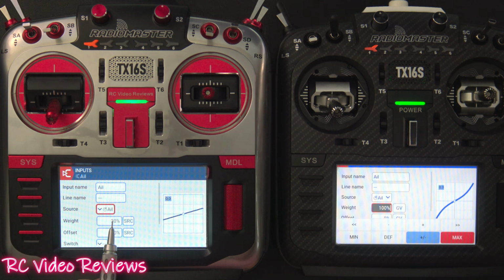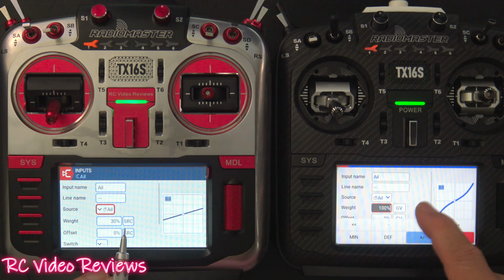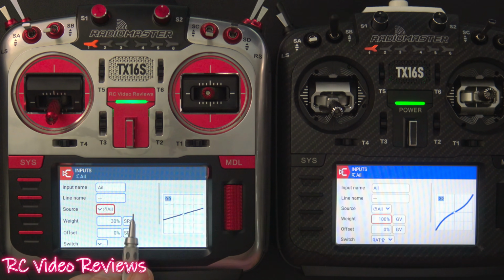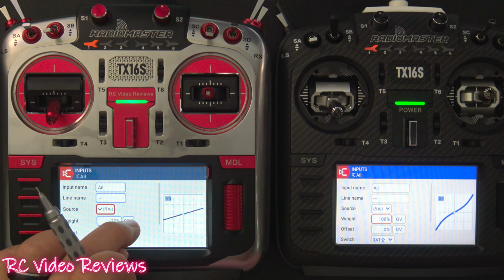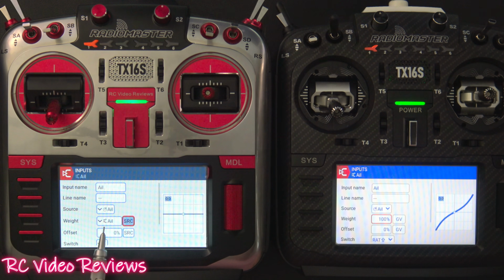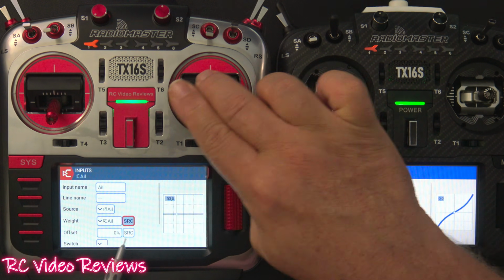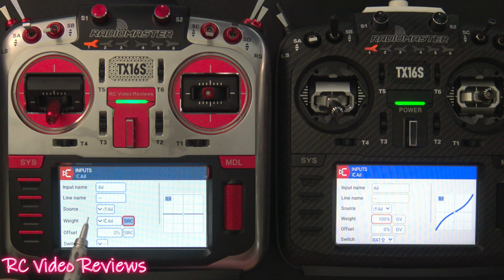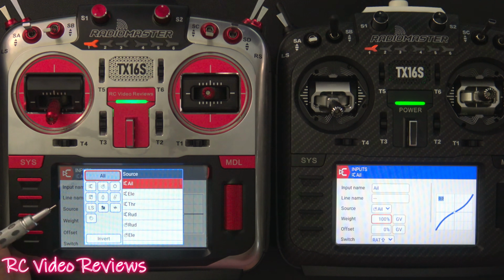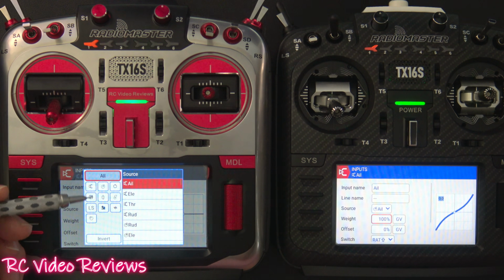Notice I have a weight of 30, and now the button has changed. It's no longer GV. It's now source. So if I click source, look at that. That's an input. Input to input? Isn't that kind of weird? Now, I don't know how that would work out, but input to input, weight is 100%. The input is the aileron itself. So the point is you can change the weight and derive the weight